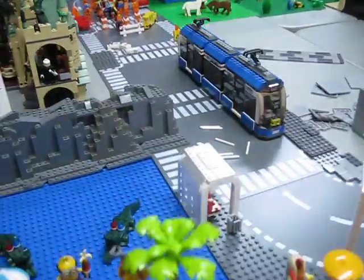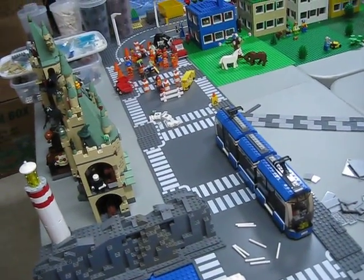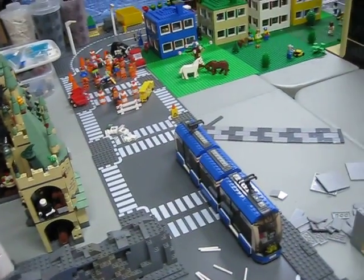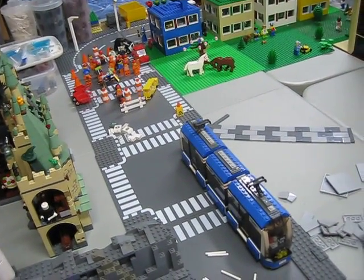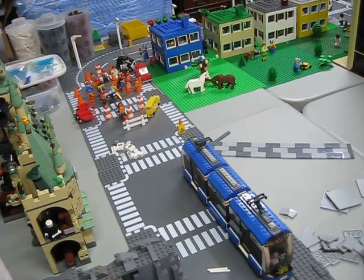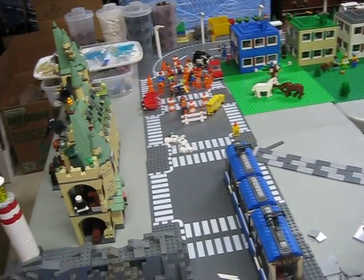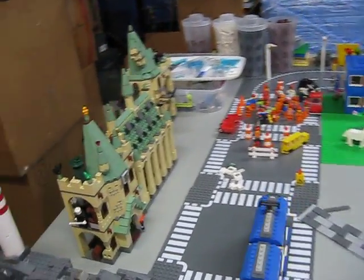So let's see. And here we have our trains starting to appear. I haven't quite worked out how we're going to do this, but the streets, we may do a double wide street on the front of the city and then accommodate the tracks elsewhere. And we have another bit of a,